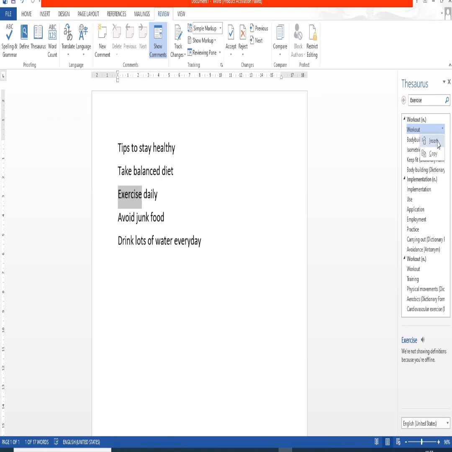When I click on the Insert option, you can see the word exercise has been changed to workout. So in this way, you can find the words that have the same meaning, that is synonym, and the opposite meaning, that is antonym, for a specific word in your Microsoft Word document.